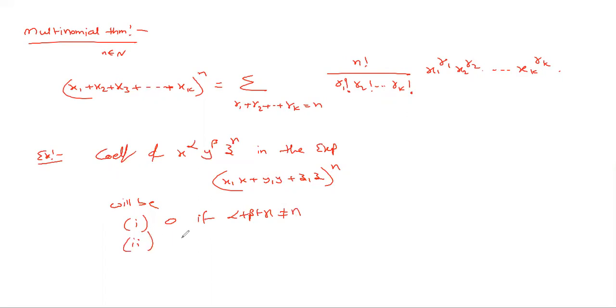Second condition, it is n factorial by alpha factorial into beta factorial into gamma factorial into x1 power